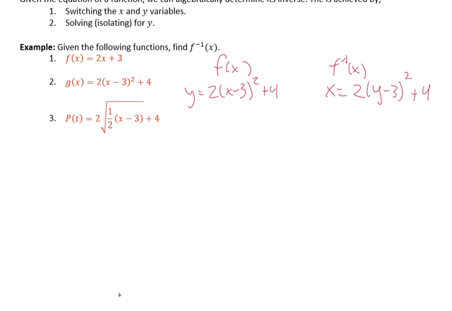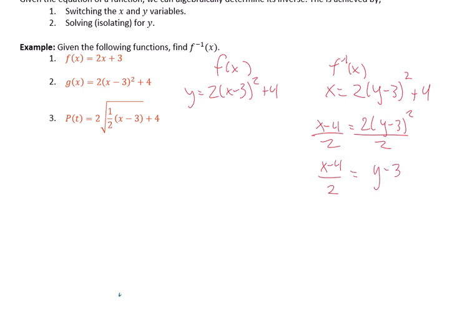And let's solve for y. So I need to, again, undo all these operations here. I can't touch the bracket yet. I need to subtract 4 first. So it's x minus 4 equals 2 times y minus 3 squared. I can now divide by 2 on both sides. Gives me x minus 4 over 2 equals